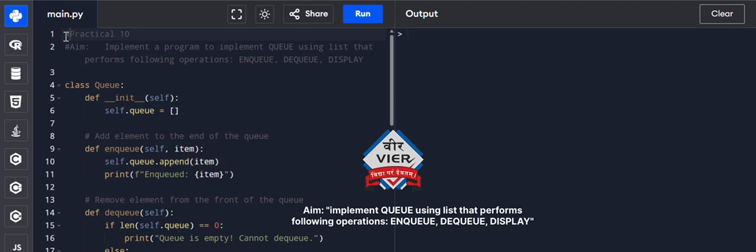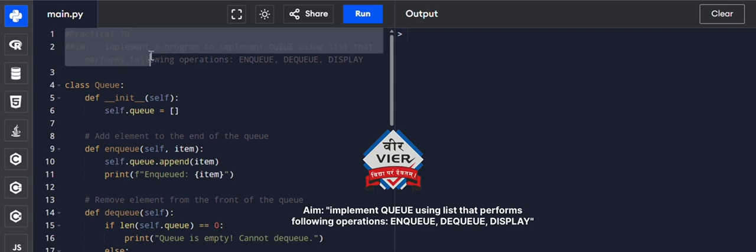The aim is to implement a queue using a standard Python list, performing the three essential operations: enqueue, dequeue, and display. The concept, queue, FIFO. A queue models a real-world line, like customers waiting at a checkout